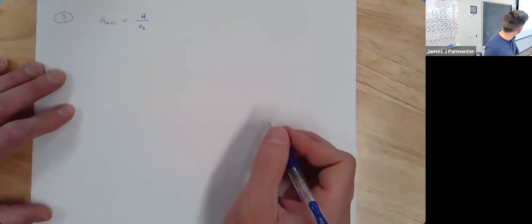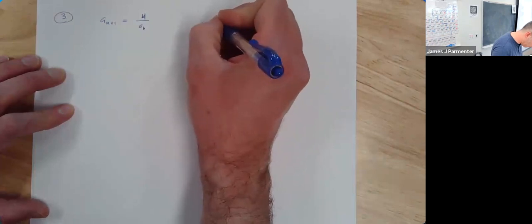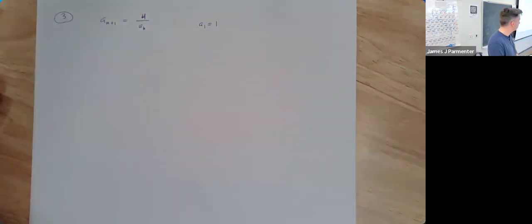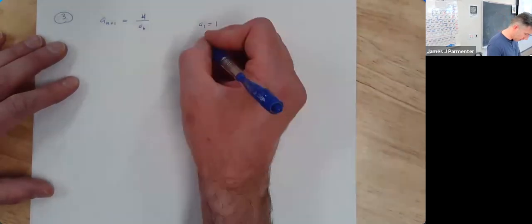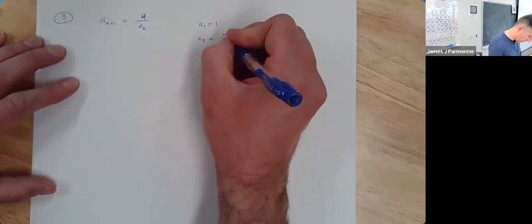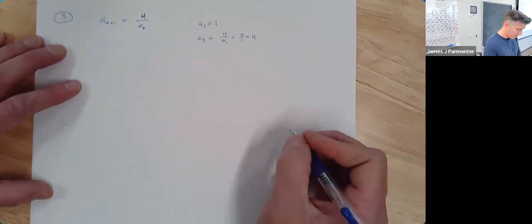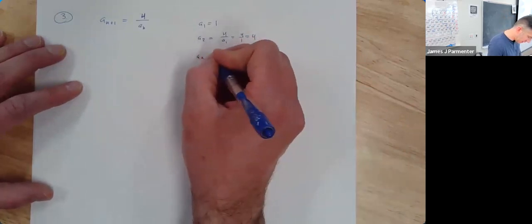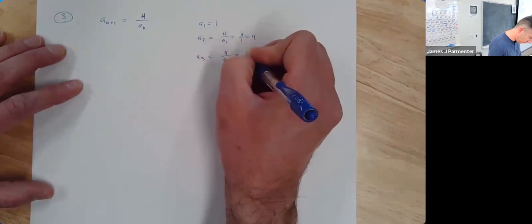And we're going to start with a sub 1 equals 1. So let's find the next few terms. So a sub 2 is going to equal 4 over a sub 1, which is 4 over 1, which is 4. And a sub 3 is going to be 4 over a sub 2, which is 4 over 4, which is